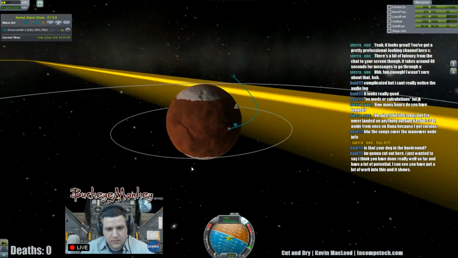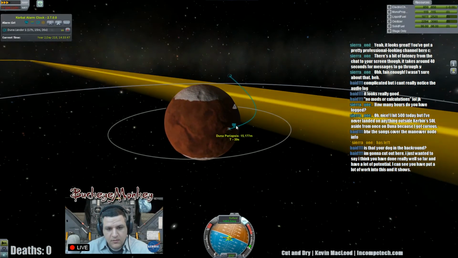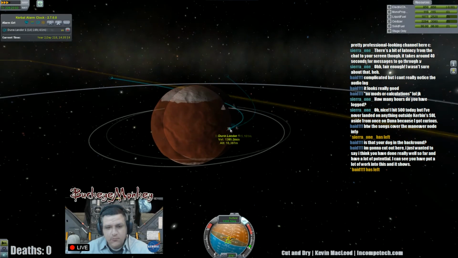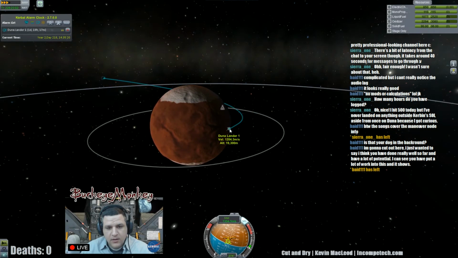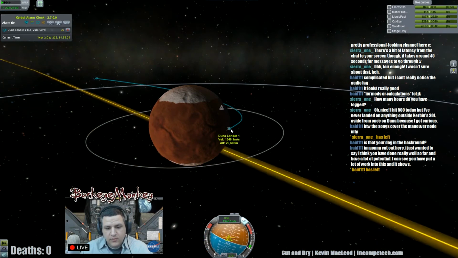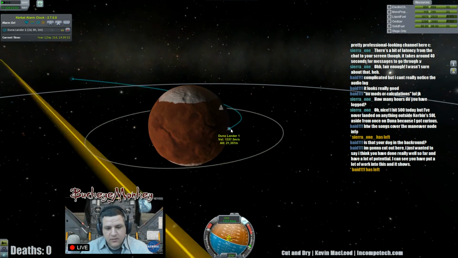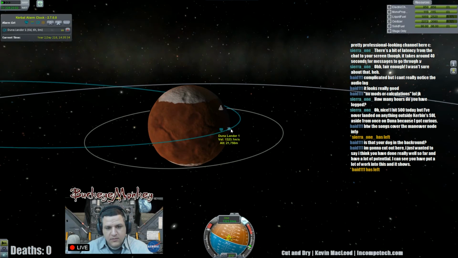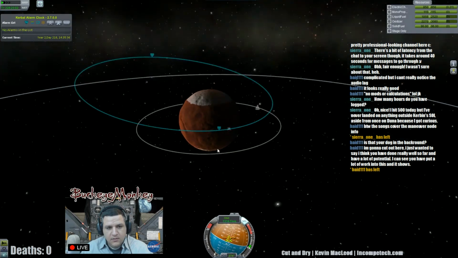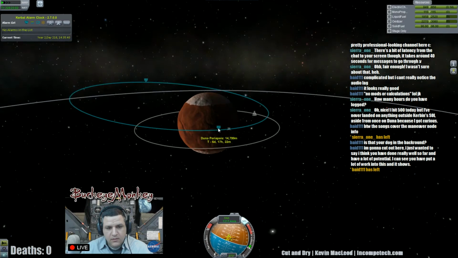We're still going down. These are looking okay. And we're climbing back up now. And so, yeah, we are going to have to burn some here retrograde to finish off this capture, but not nearly as much as we had to last time. See, we're already